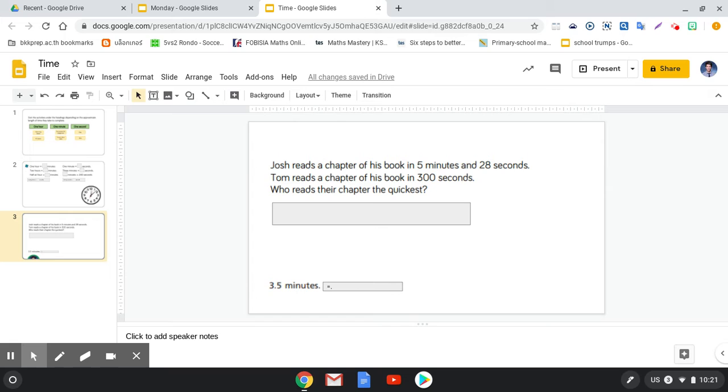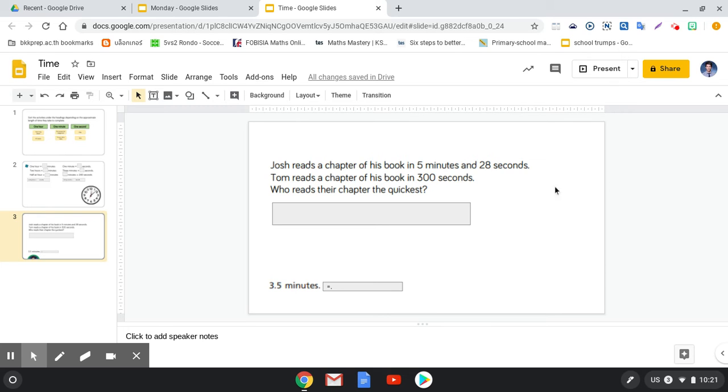the same unit. So in this example, Josh reads a chapter of his book in 5 minutes and 28 seconds. Tom reads a chapter of his book in 300 seconds. Who reads their chapter the quickest? Now, what makes this difficult is that Josh's time is noted in minutes and Tom's is noted in seconds. So we want to convert them both into the same unit to make it easy for us to solve this